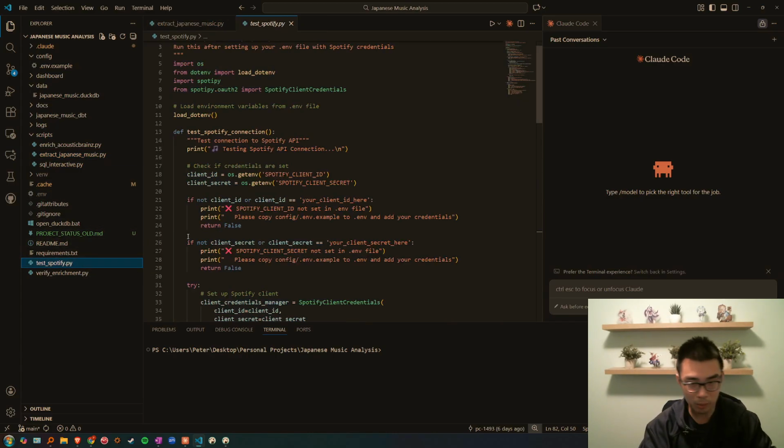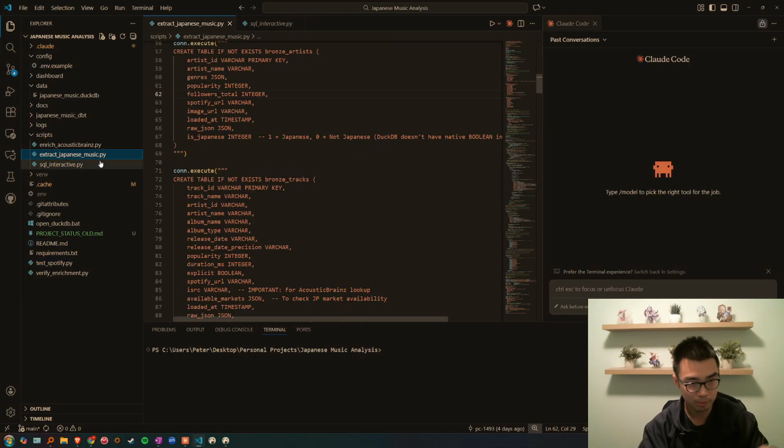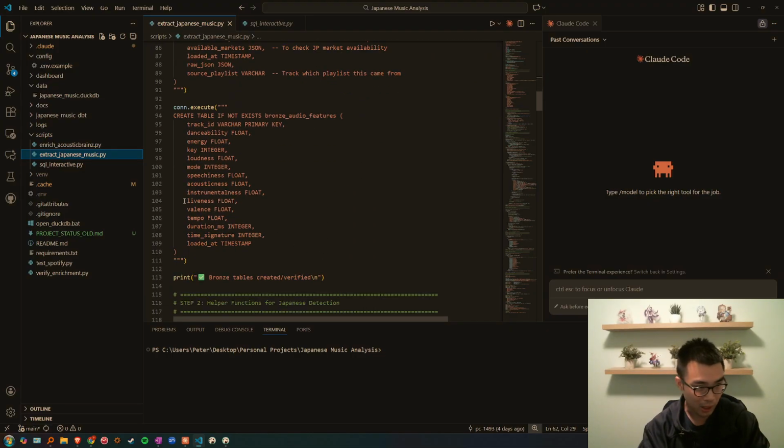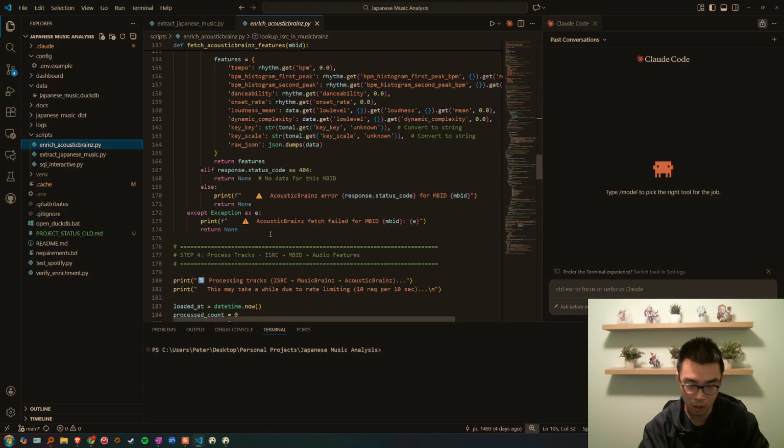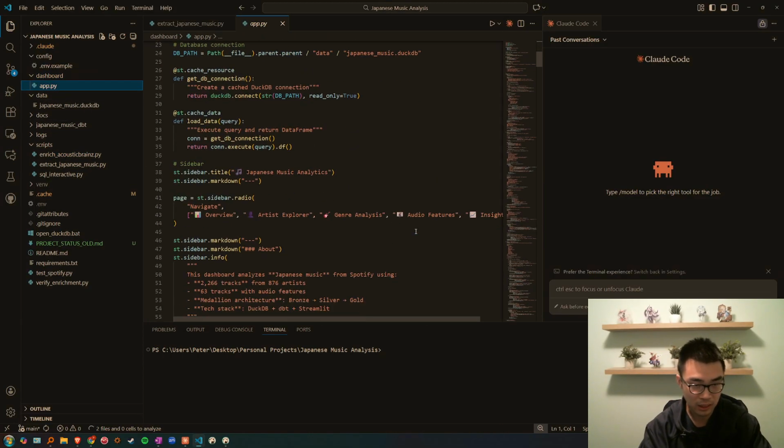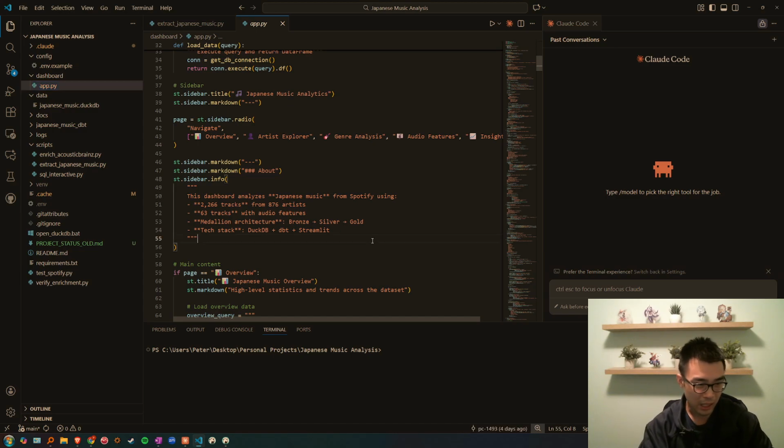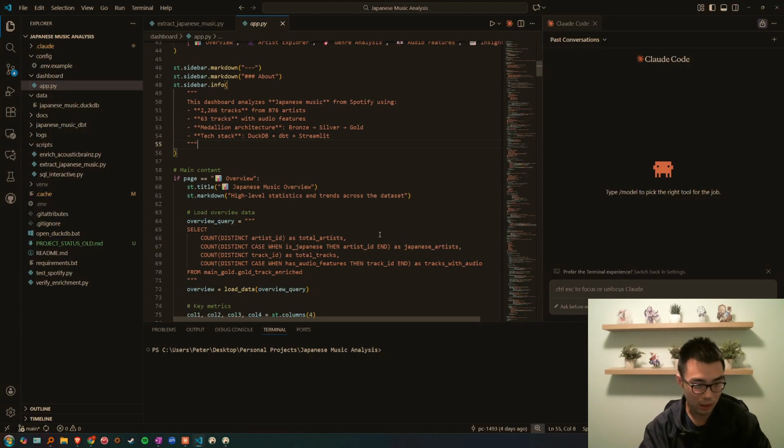So yeah, that's pretty much the whole project. I would say if I were to do this myself, writing the actual Python, creating the SQL models, creating the dashboard Python itself here, it would take me forever, like 2 weeks, as I said, at least 2 weeks. But with Claude Code, we're able to get to this final product here in 2 to 3 days.